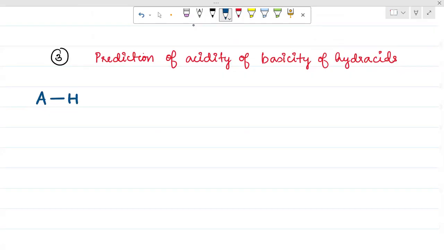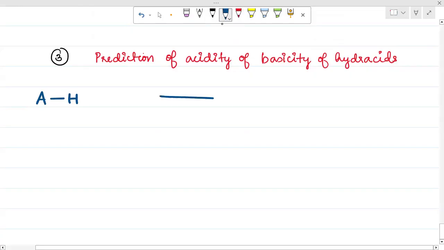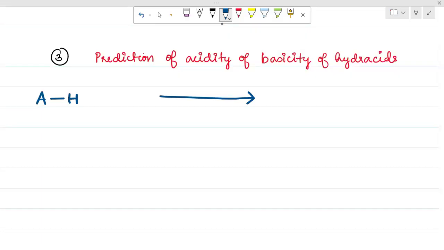Okay. So here you have to learn them in two different aspects. One is in terms of period and the other one is in terms of group. Along a period, left to right, electronegativity is the factor that dominates. Correct? Electronegativity increases, size decreases. Which is the dominating factor? Electronegativity is the dominating factor along a period.